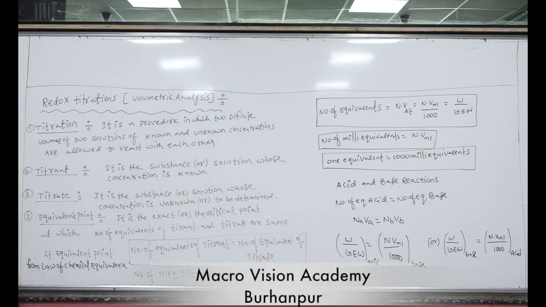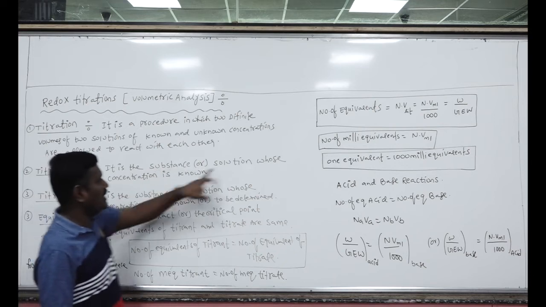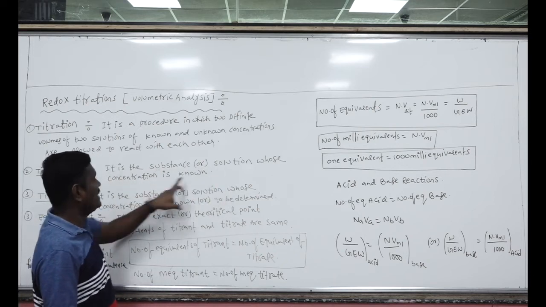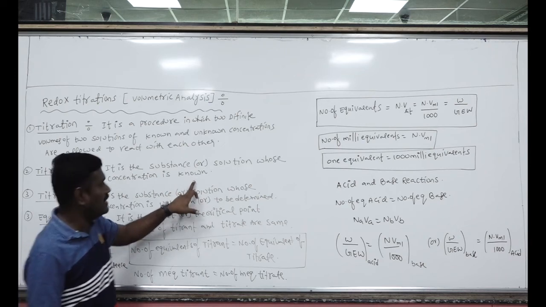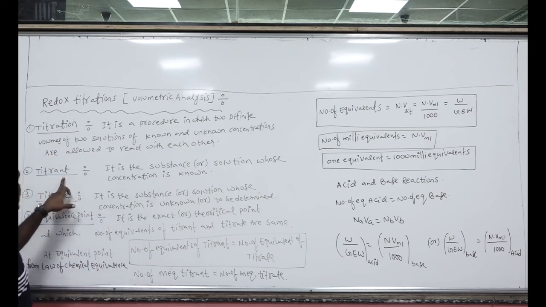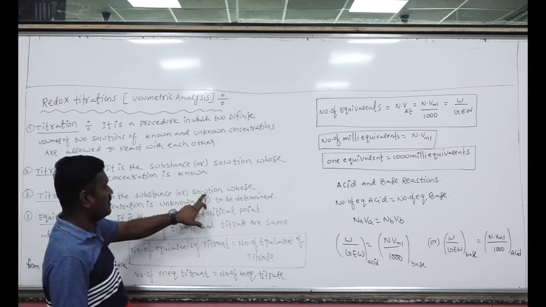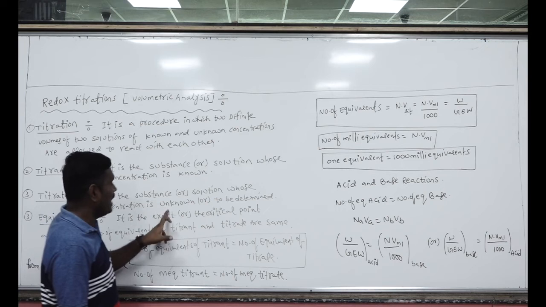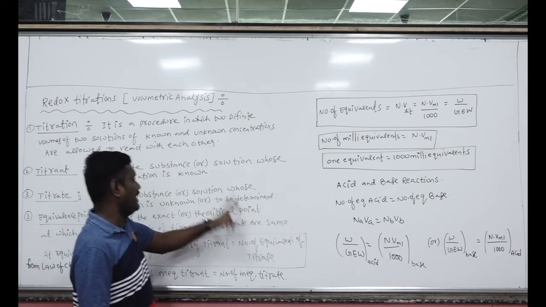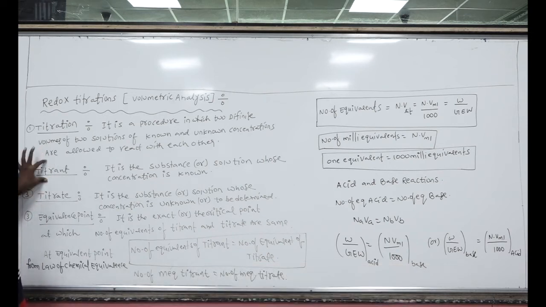Now here there are some terms used in titration. Let us say titrant. Titrant is that substance which is present in the solution form whose concentration we know. Next definition, titrate. It is a substance which is present in the dissolved state, that is in the solution form, whose concentration is unknown, that is to be determined, to be calculated. The solution whose concentration we know is a titrant. The solution whose concentration is unknown is a titrate.